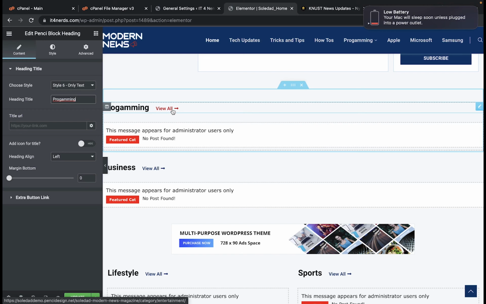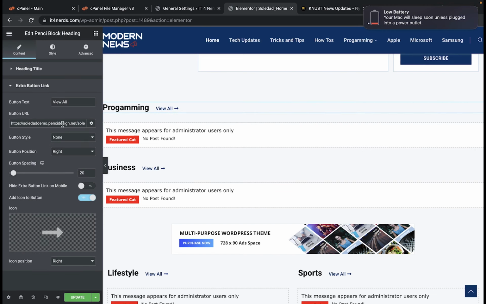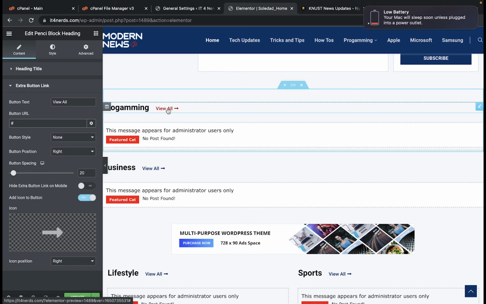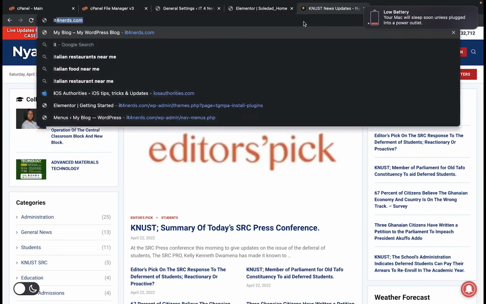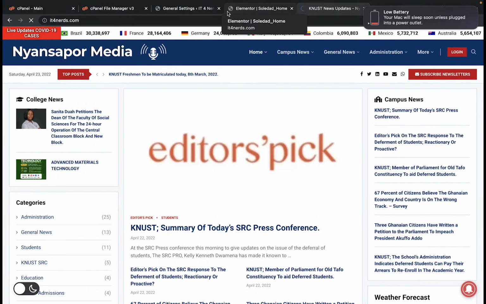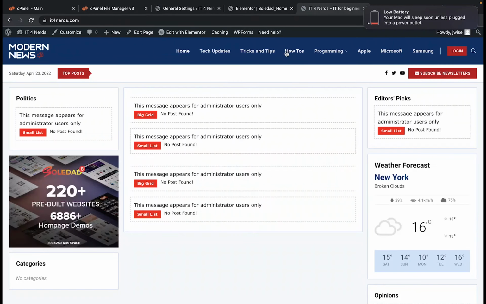The view all button is a link. Okay, the extra button link, when someone clicks on the view all, it will send him or her to the soda demo page. So let's delete this and use the hash sign, right? So when the user clicks on this, it won't send him or her anywhere. Or if you want the person to be sent to the programming page, just go to the main website and click on the programming